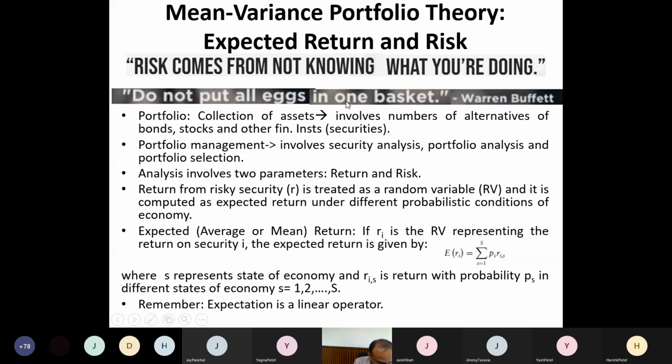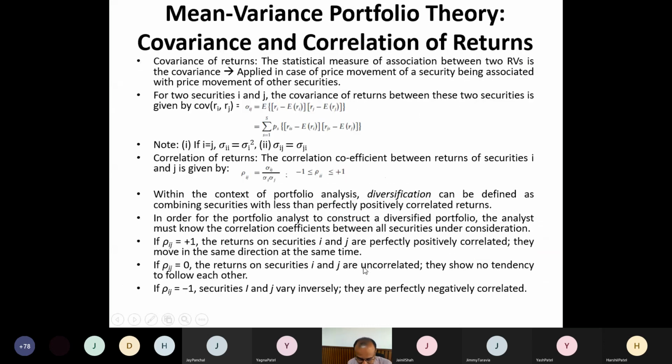Diversification of portfolio. Right. If you create a portfolio, then diversification is extremely necessary, right? And if you have a chance to become a portfolio analyst, you must give a proper judgment whether your portfolio contains enough diversification or not, right? So that's why we are doing this analysis.